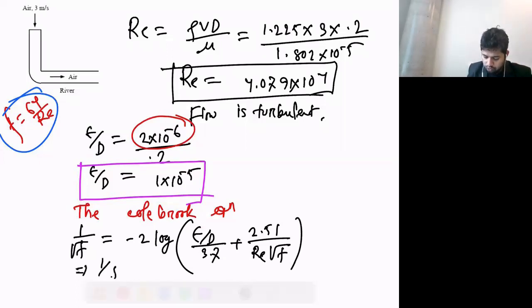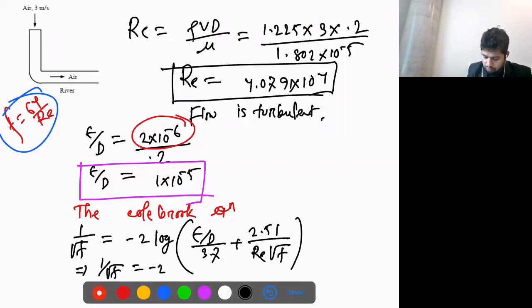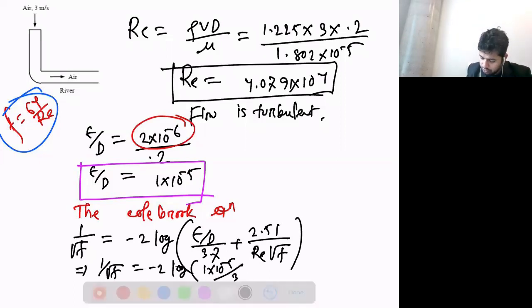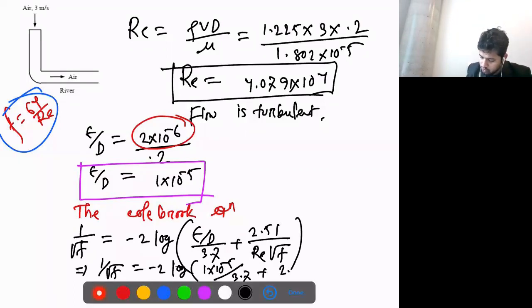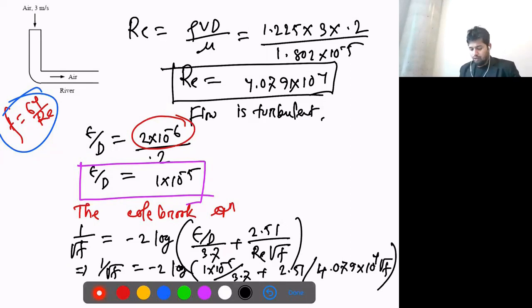It is 1 over square root of F equals negative 2 log of 1 times 10 to the power minus 5 over 3.7 plus 2.51 over 4.079 times 10 to the power 4 times square root of F. If we simplify this, we'll get